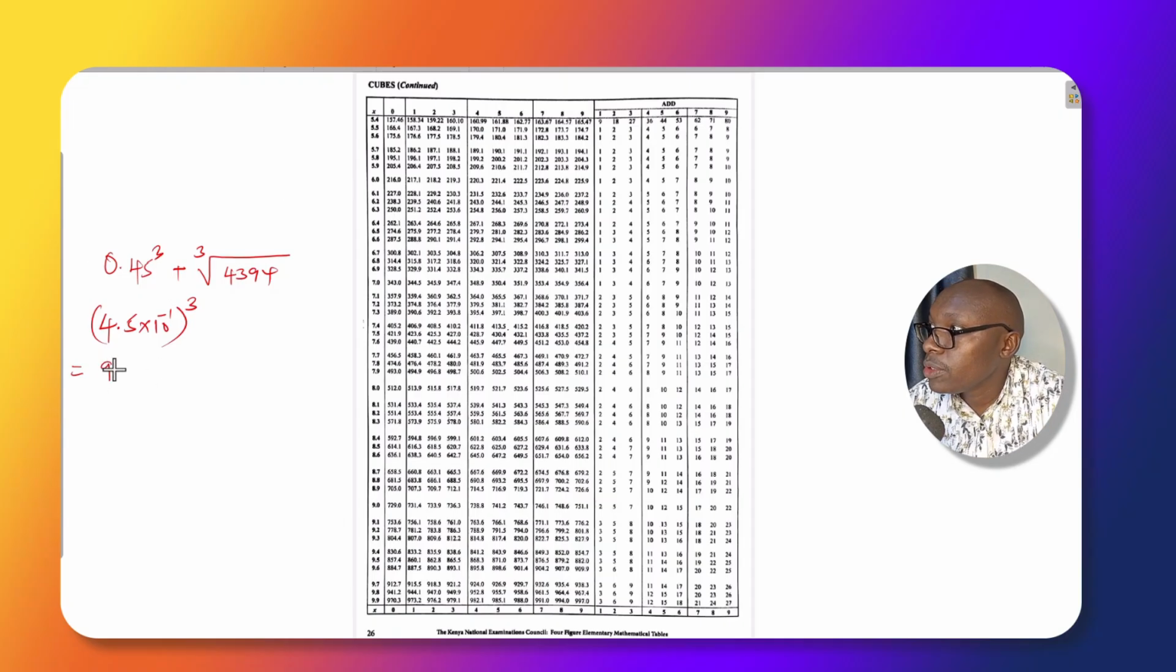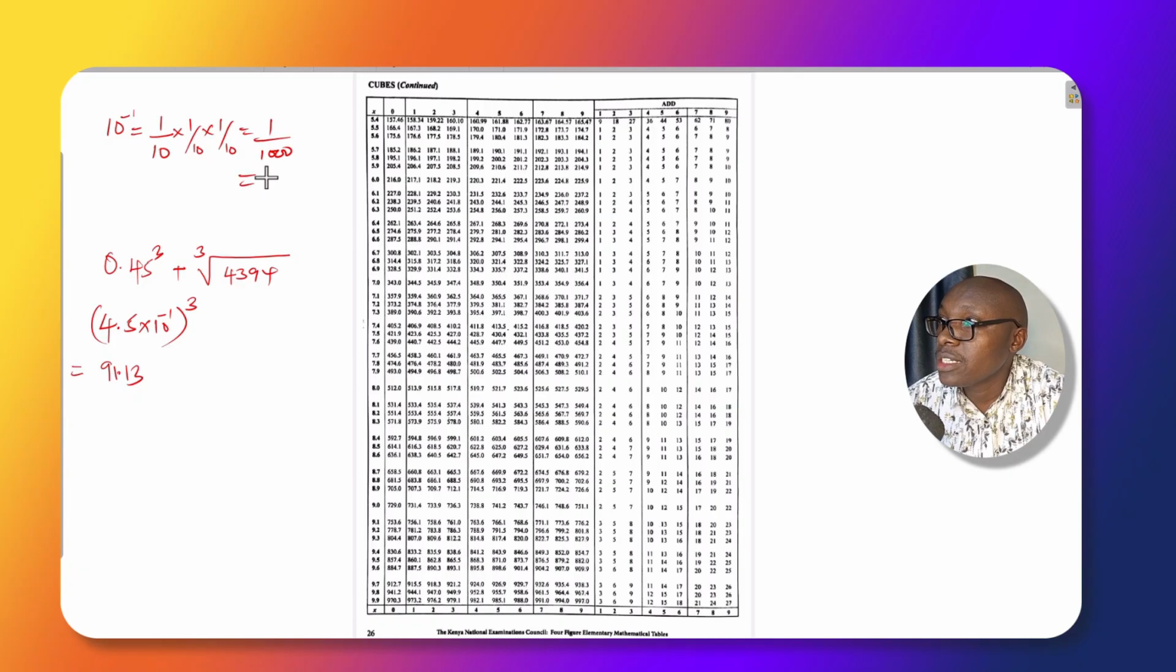So you have 91.13. And then the cube of 10 raised to power negative 1. Remember that 10 raised to power negative 1 is the same as 1 over 10. So when you're getting the cube of 10 raised to power negative 1, it is the same as 1 over 10 times 1 over 10 times 1 over 10, which is the same as 1 over 1,000, which you can still write as 10 raised to power negative 3. So the cube of 10 raised to power negative 1 is 10 raised to power negative 3,